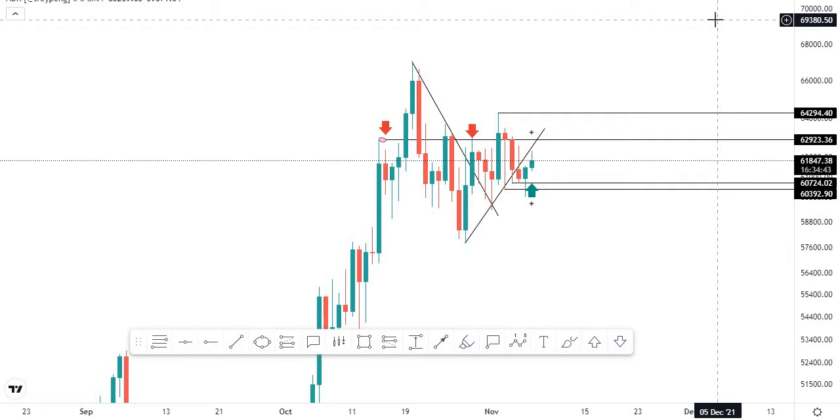But right now what we're talking about is how we are going to trade BTC, and if it is the correction, how can we trade the correction, or even if there's a major breakout, how are we going to trade it? As you can see, I'm on the chart, and I'm going to introduce a few trading ideas and a few setups that I will be taking